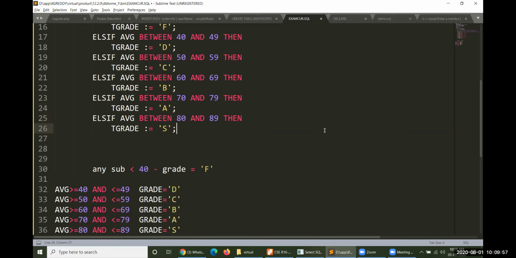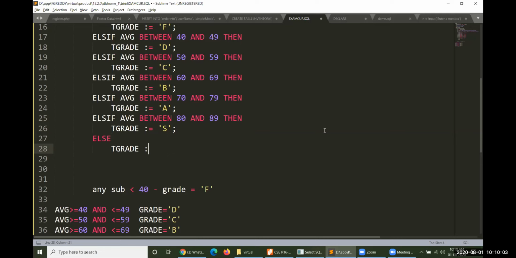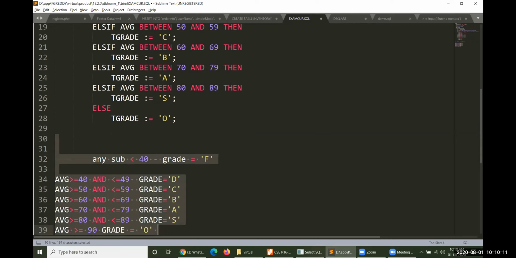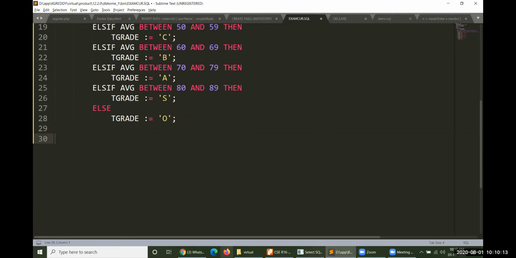And else, if all these conditions are false, T grade will be equal to outstanding, O. So these are the different conditions which we have taken into consideration.